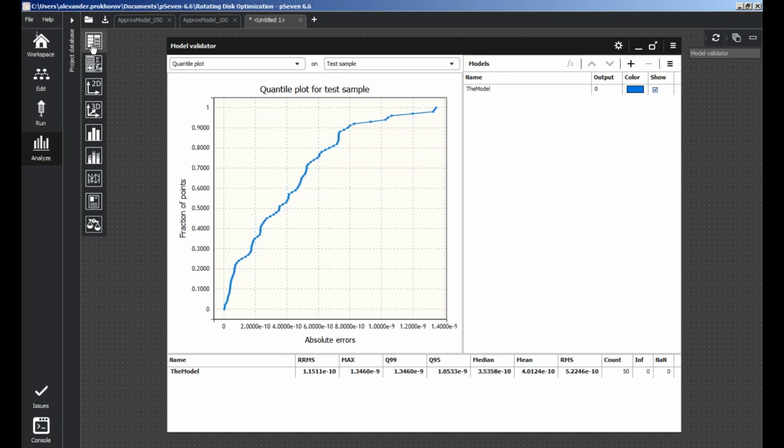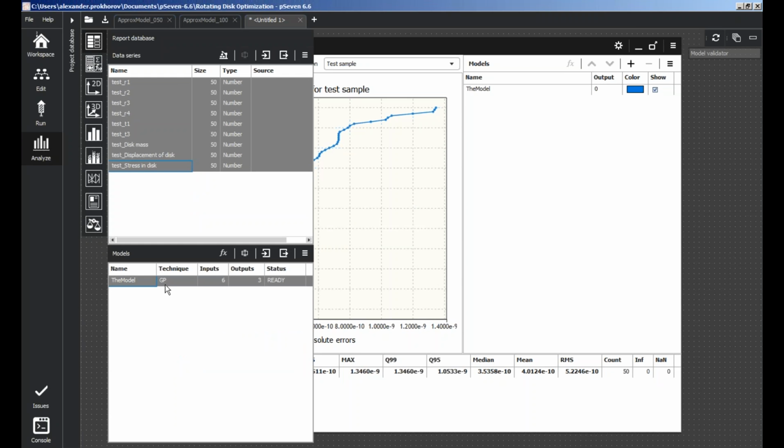Anyway, this is how we build a model. This is how we visualize this model. That's not everything. That's not it. We also can make new predictions. For this, I select the model again and click this Make